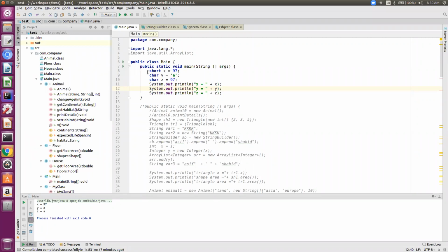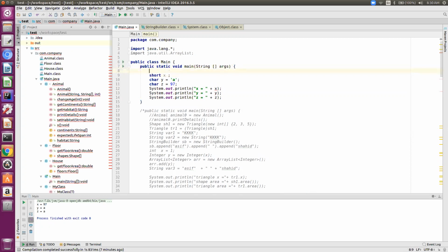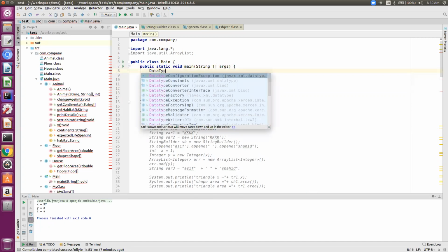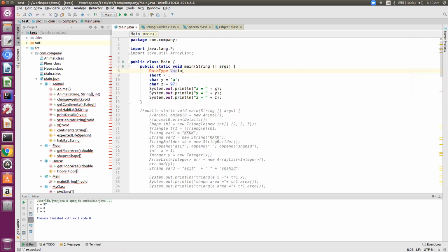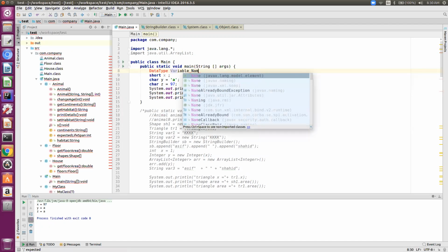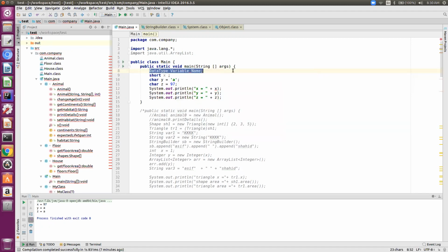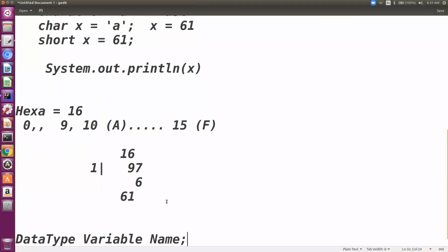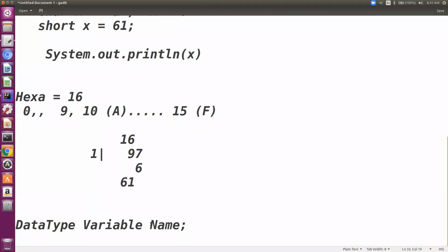the syntax is something like, the first part is the variable declaration. This holds whether you are dealing with primitive data types or object data types. First, you have to write the data type. The syntax is like this: data type, variable name, and semicolon. This is the declaration part in Java. This is how you declare a variable: data type and the variable name. This is called the declaration of a variable.